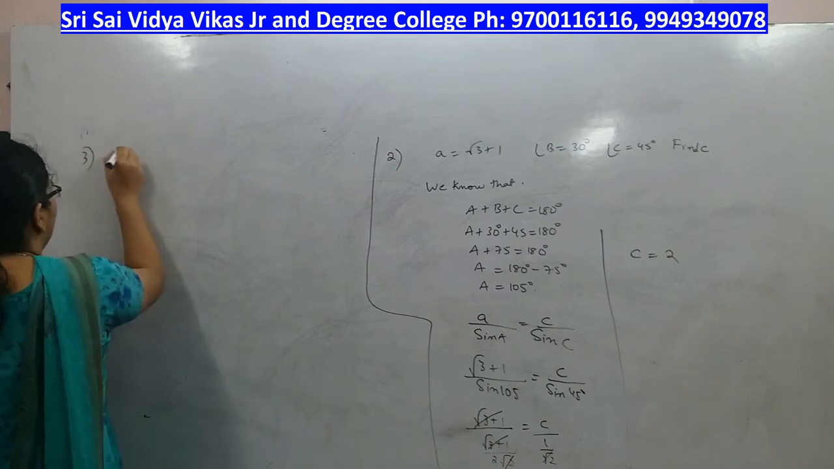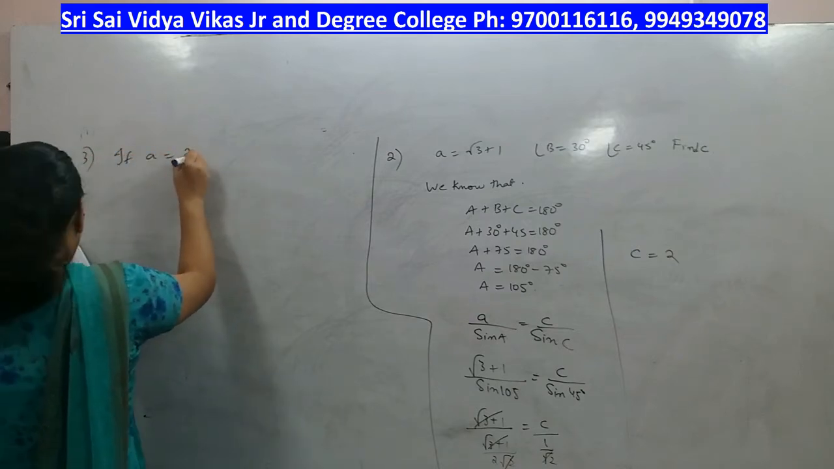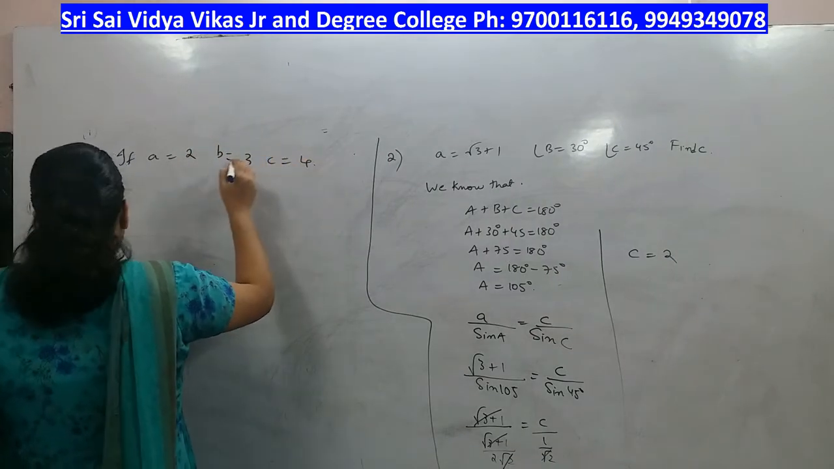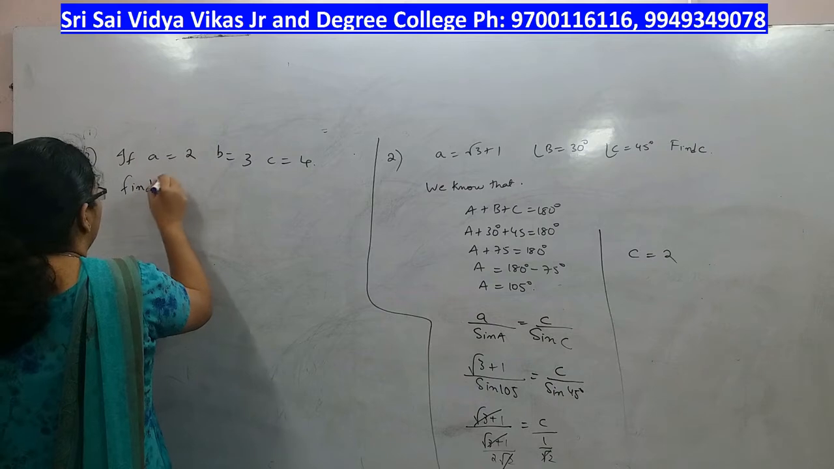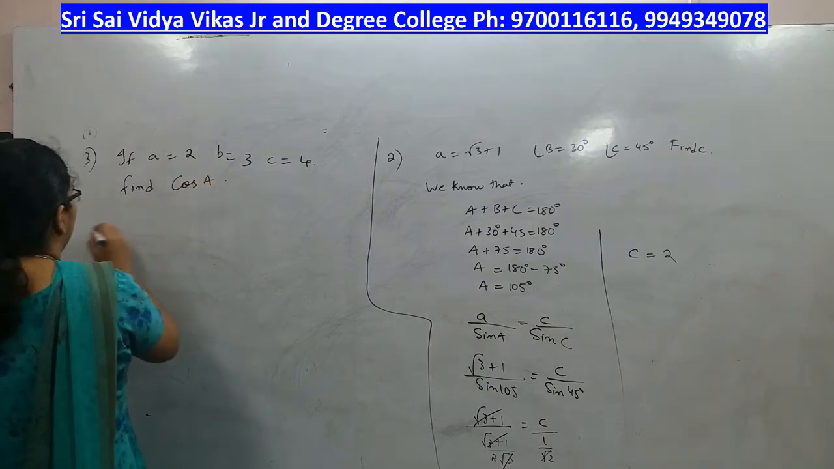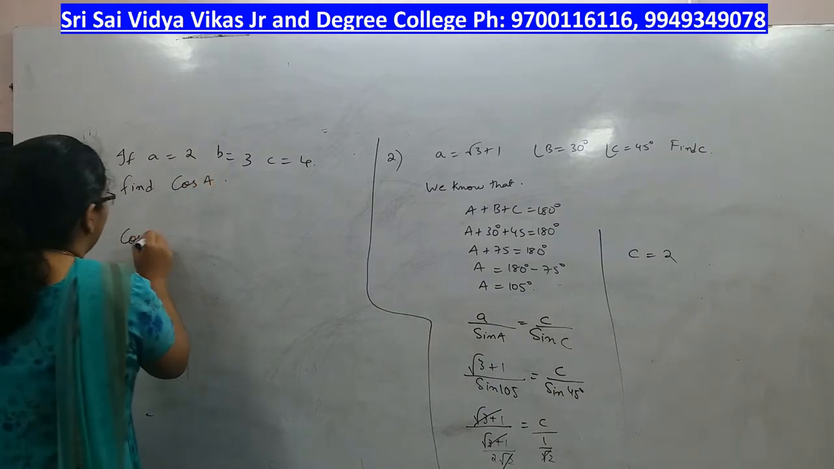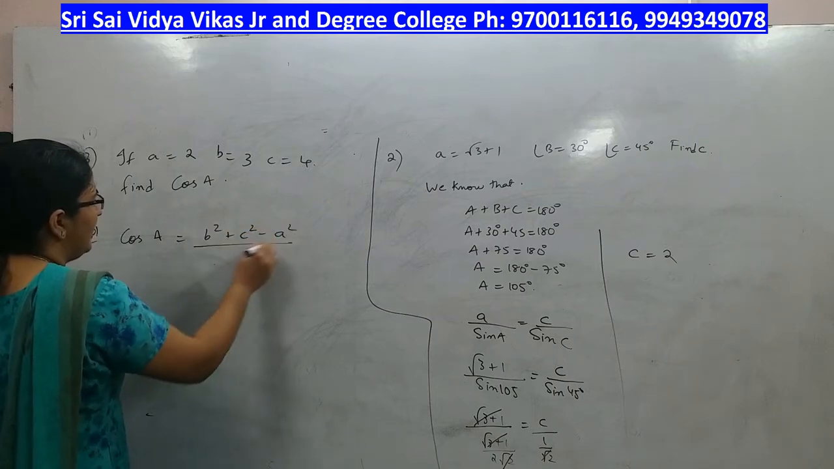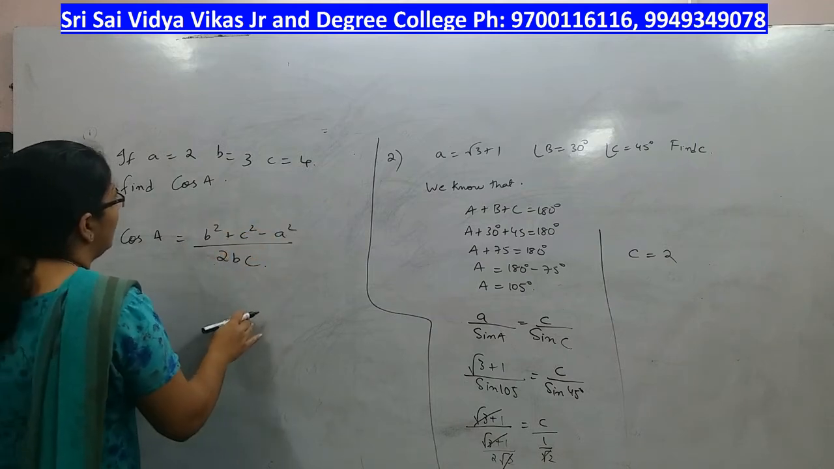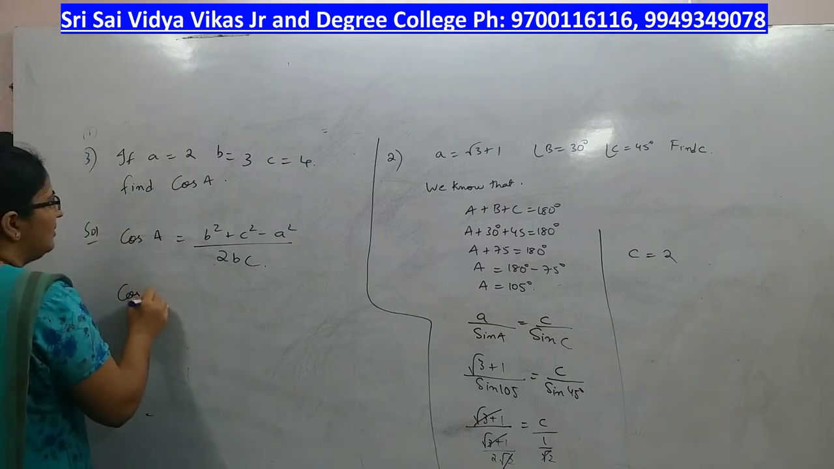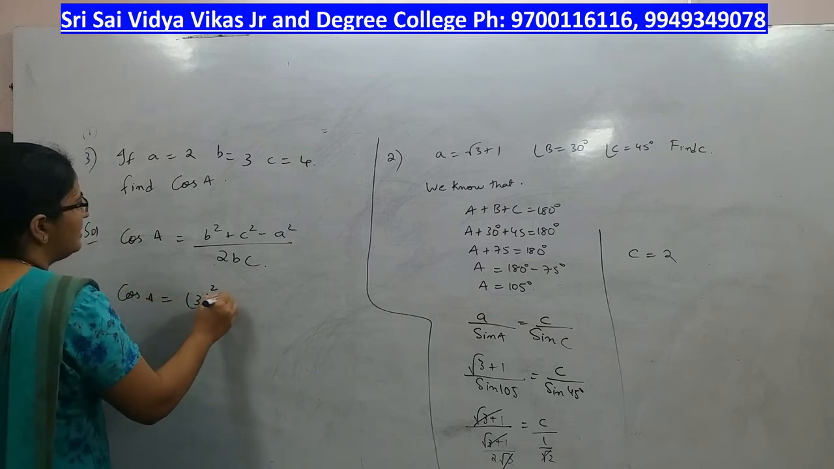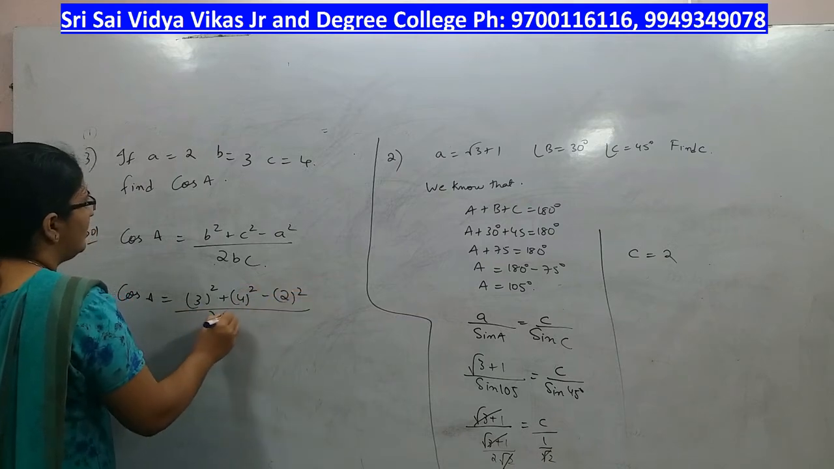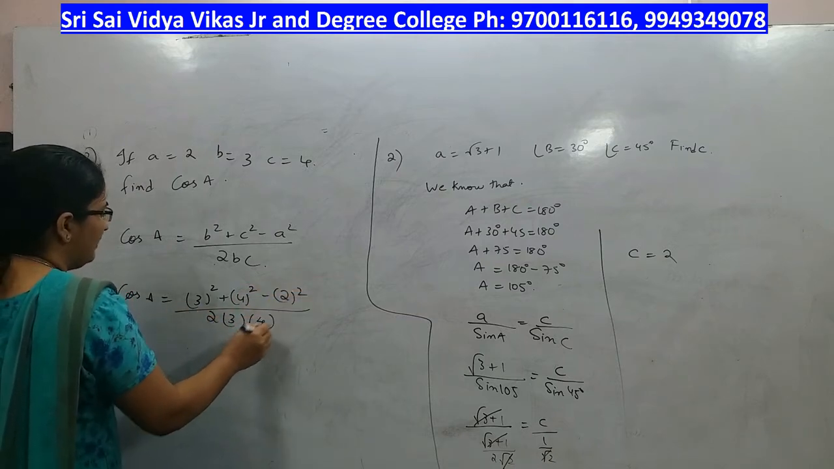Third one, if A is equal to 2, B is equal to 3, C is equal to 4, find cos A. Solution, we have cos A is equal to B square plus C square minus A square by 2BC. So cos A is equal to 3 square plus 4 square minus 2 square by 2 into 3 into 4,